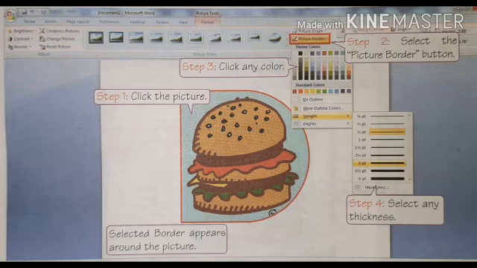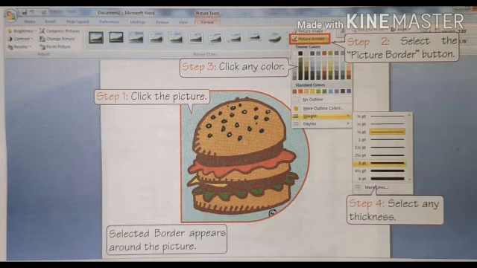After clicking, the picture tool will appear. On the ribbon, we'll see the picture border. It is after the picture shape group, the picture border button is present. So we'll click on the picture border button.